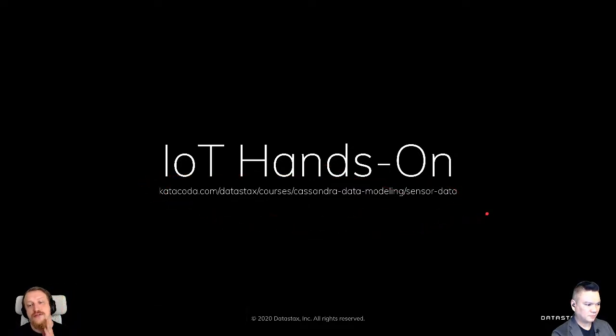So, IoT hands-on. You have 3 ways to do it. First, you could just follow me and see what I'm doing, because I will explain some unobvious moments. Second, you can do it on your own. And third, you cannot do it at all. The third way is not recommended, because the best way to learn is really to put your hands on and click some buttons. I suggest you first follow me, and second, do it on your own directly after the workshop.